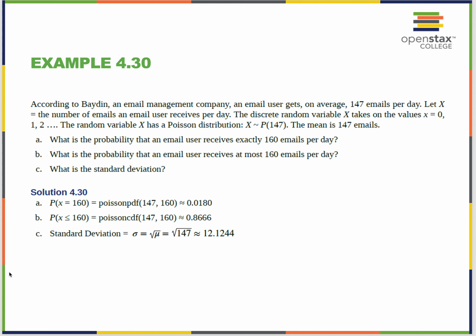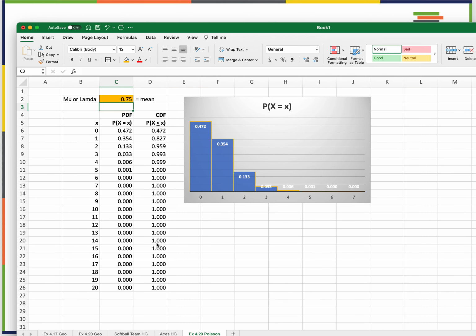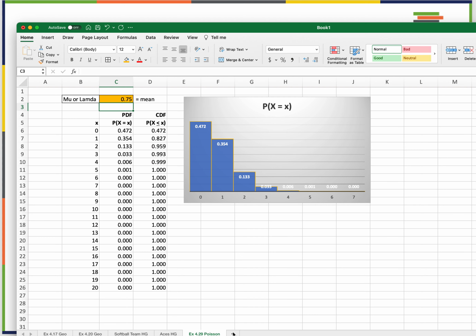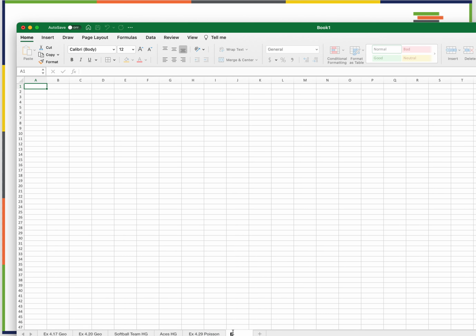now it's a little bit different because if I put this down, I've got to have a lot of rows, right? So what example is this? Example 4.30. So maybe rather than do the entire distribution,